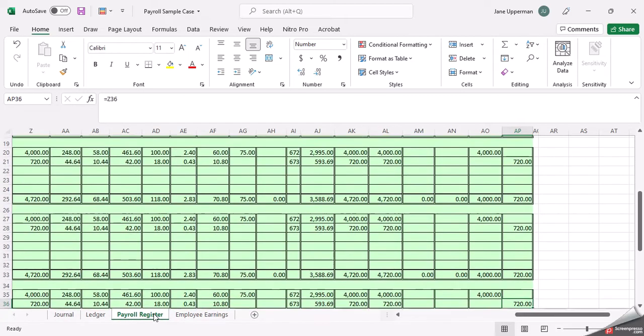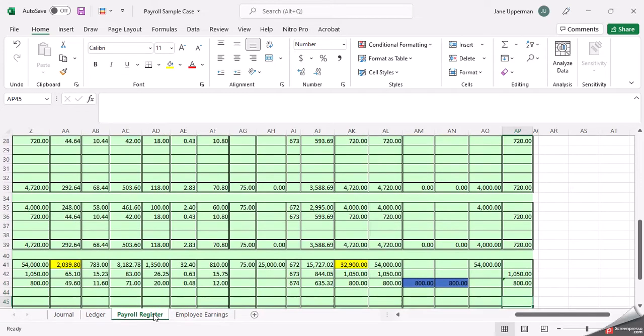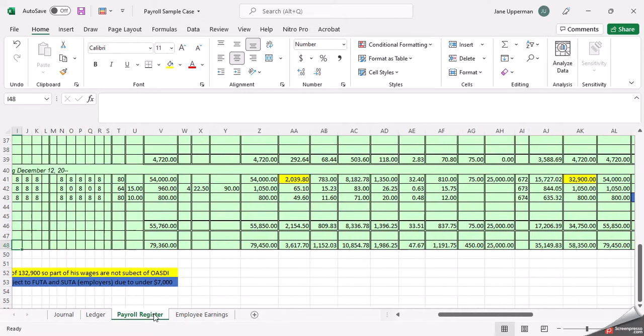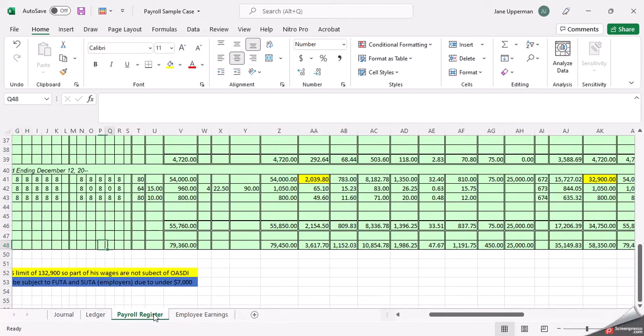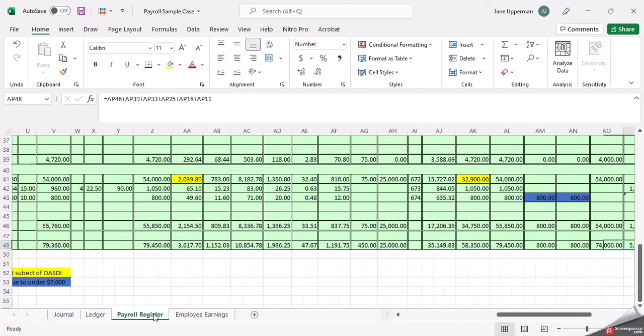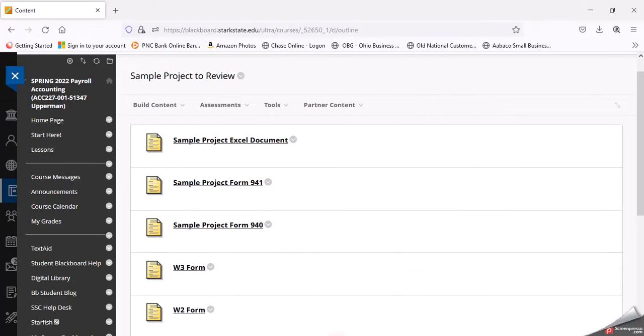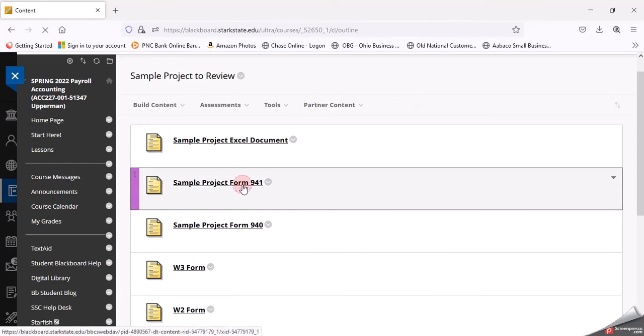When you come down to the bottom and you have your quarter to date numbers, you guys also have a year to date number. I just have the quarter to dates on this sample. You're going to use the quarter to date numbers to create that 941 form. So if I go back to the 941 form and open that up,